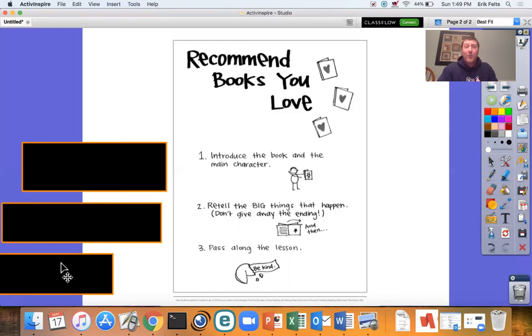Remember, you are selling this book to somebody that you think it's super duper important that they read because it's going to be life-changing, it's going to be life-altering, and you're passionate about that book. So today, I want you to find that book that you love a lot, and I want you to sell that book to somebody that you live with or someone you can call and recommend it to them, because libraries are opening up soon so you can get them curbside. So maybe someone will take your advice and go ahead and check out that book.